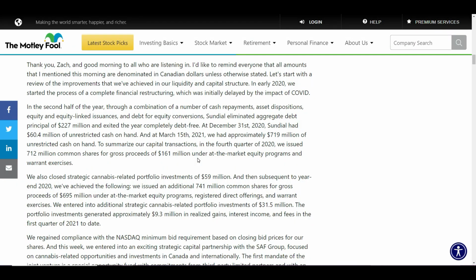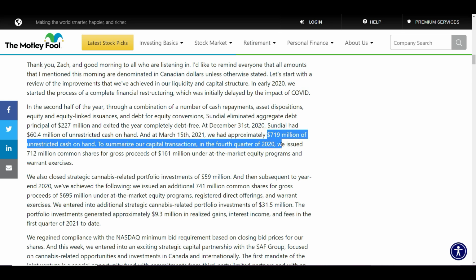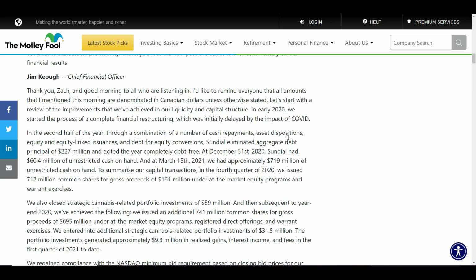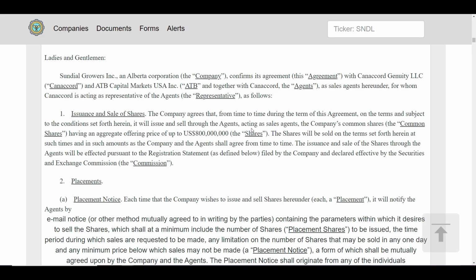And now the key reasons why the stock has been fundamentally falling is because of them issuing more shares. As we saw in their most recent earnings report, they had $719 million in unrestricted cash on hand, which was a lot, and I genuinely thought that they probably wouldn't be raising any more capital because now they had enough money. They had started investing in other companies and started these multiple joint ventures that we talked about in last week's video. However, it seems like the company is still going to continue raising more money, because a couple of